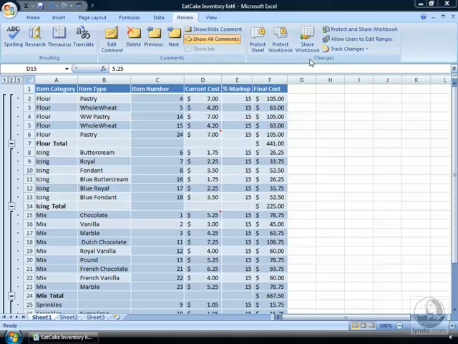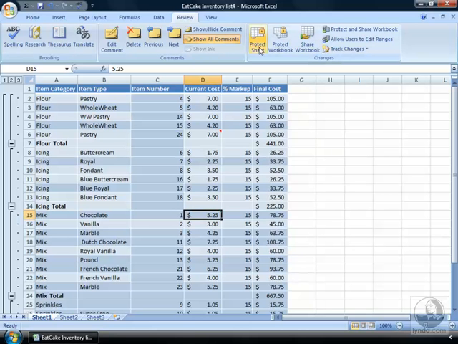Review tab. You can protect a sheet or a workbook, so it just depends on the level of information and security you want to have. In this case, I'm just going to protect the sheet itself because that's really all the information that I have in this workbook. And if you'd like to follow along, this is saved as Eat Cake Inventory List number 4 in your exercise